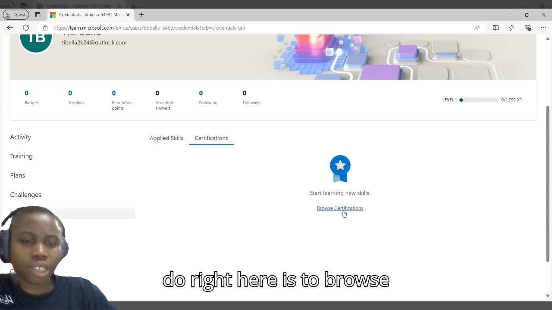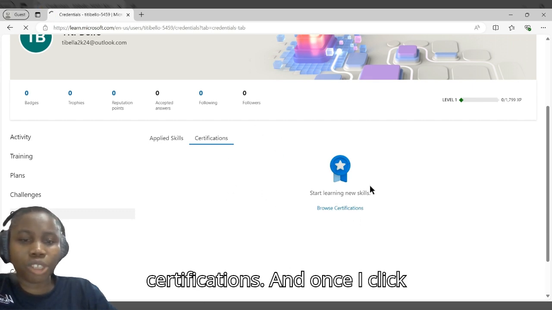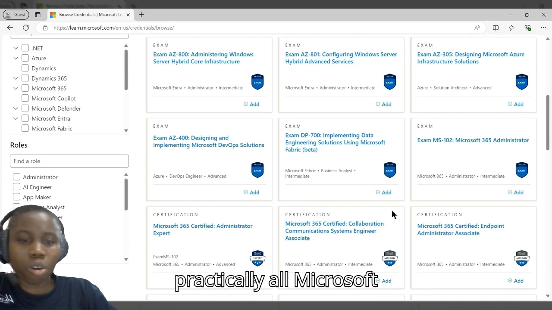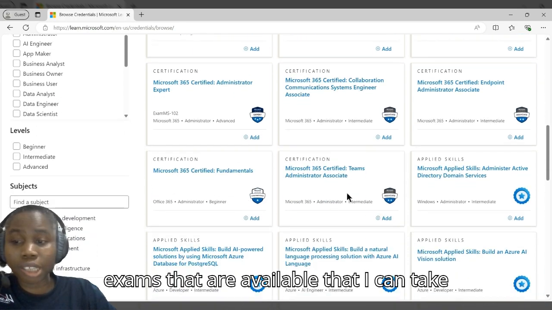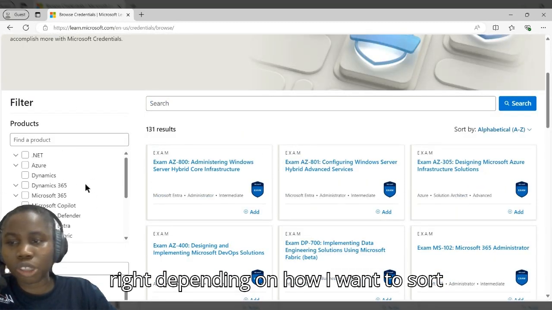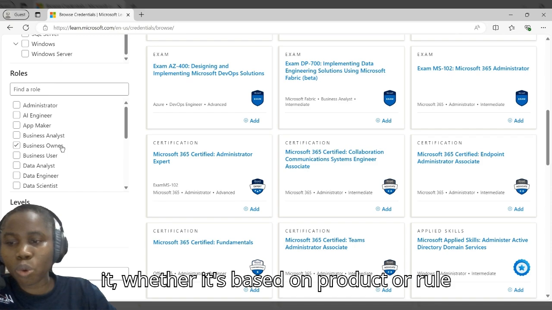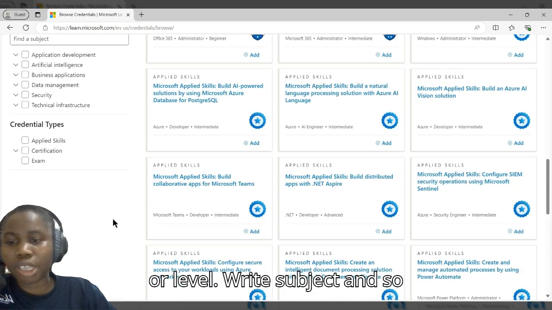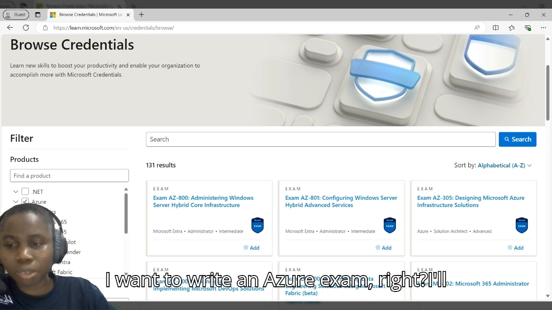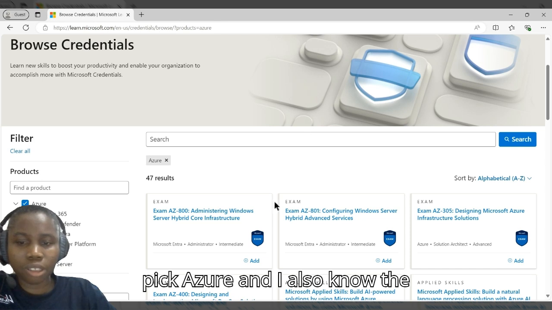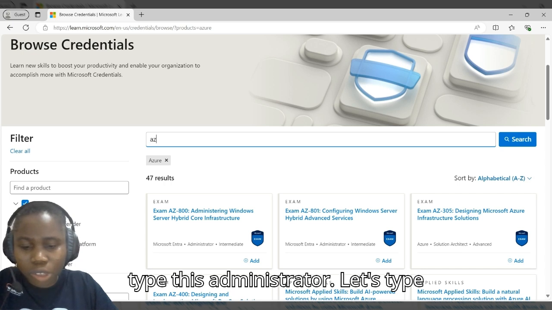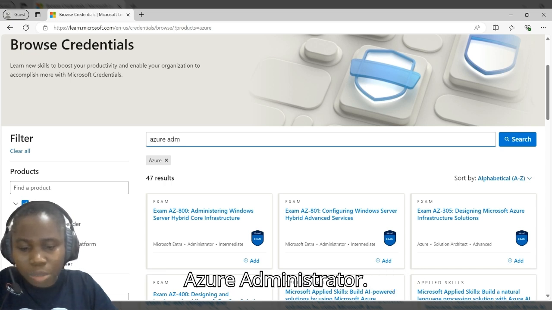So what we want to do right here is to browse certifications. And once I click browse certifications, I'm going to see practically all Microsoft exams that are available that I can take, right? Depending on how I want to sort it, whether it's based on product or role or level, right? Subject and so on. But let's sort it based on products. I want to write an Azure exam, right? I'll pick Azure. And I also know the exam I want to write. Let me type administrator. Let's type Azure administrator